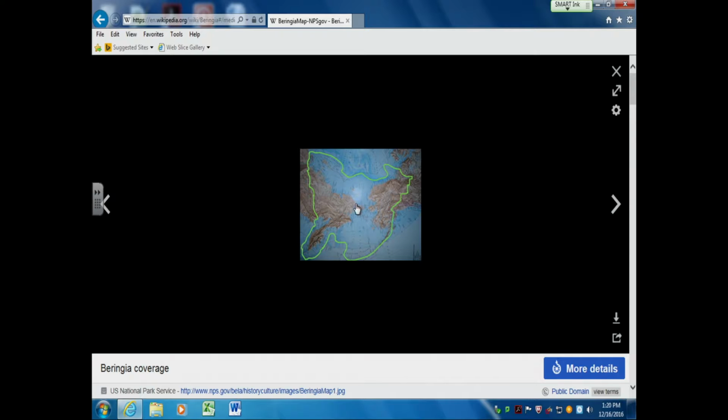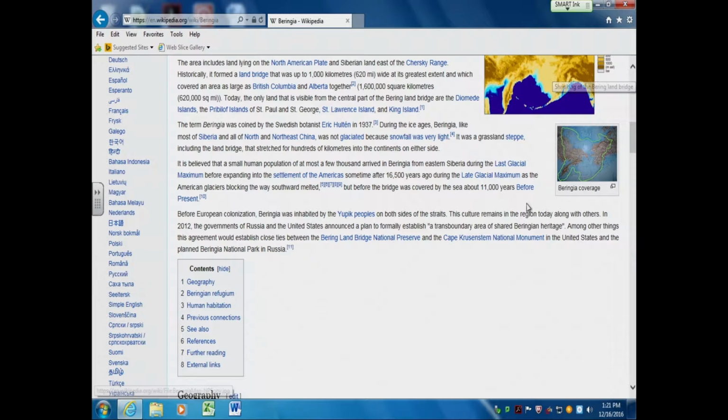Here's another hypothetical that Beringia could have been even this large, which I think is just as likely as anything else. And then this is the area as it looks now, and I guess this is the little place here where Sarah Palin's house is, and she can see Russia. She never really said that. That was a Tina Fey joke on Saturday Night Live, but it's one of those things that has taken on a life of its own.